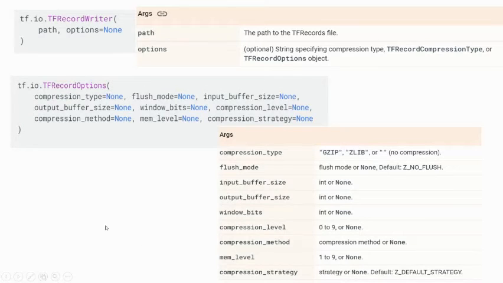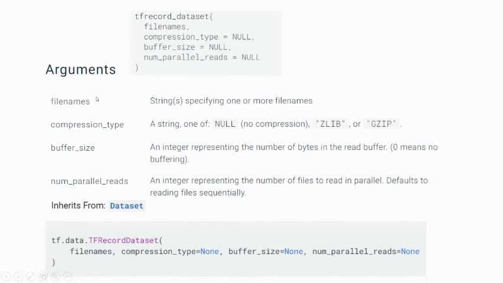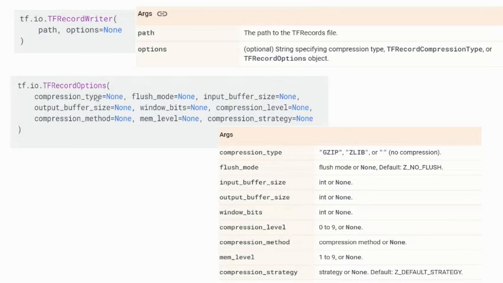Here are a few details about TF record writer, TF record options, and TF record dataset. The first one, TF record writer, takes two arguments: the path and the options. The path is your file path and the options include the compression type.